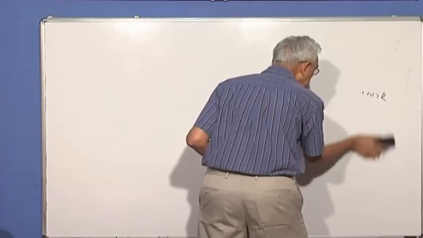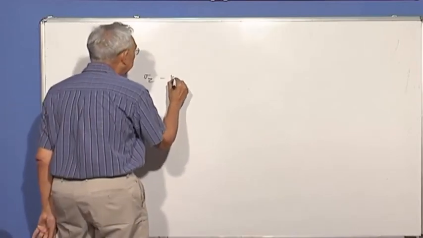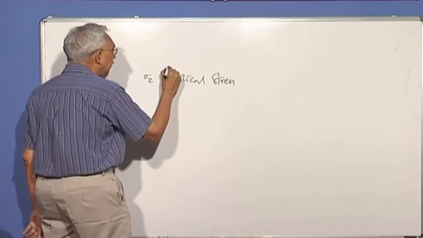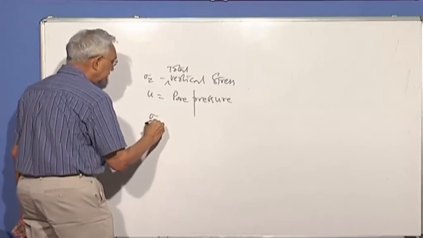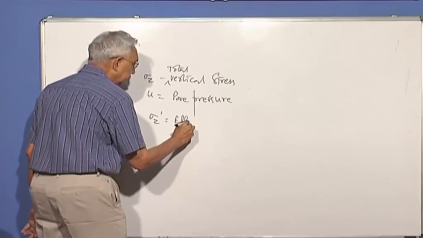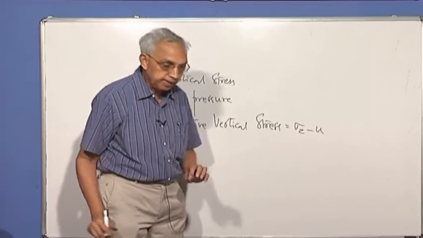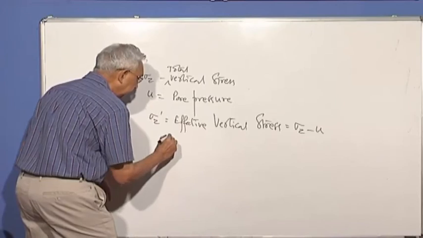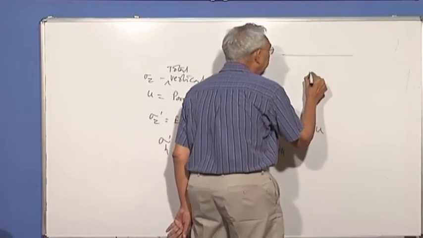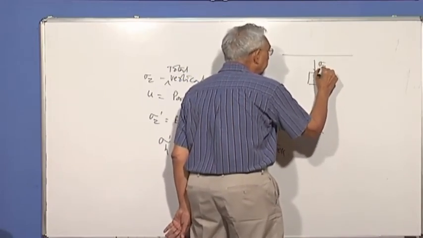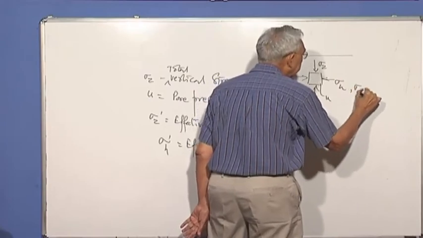There is one more parameter that we need to talk about. If I know the vertical stress, sigma Z, shall I now say it is the total vertical stress, and U is the pore pressure. So sigma Z prime is the effective vertical stress. You know how to calculate sigma Z, you know how to calculate U. Then the second basic law would be, if I say sigma H prime is the effective horizontal stress in the ground. I'm looking at now a small element. This we said is sigma Z. Then you can have sigma H, and you will have pore pressure. So I'll say sigma H prime